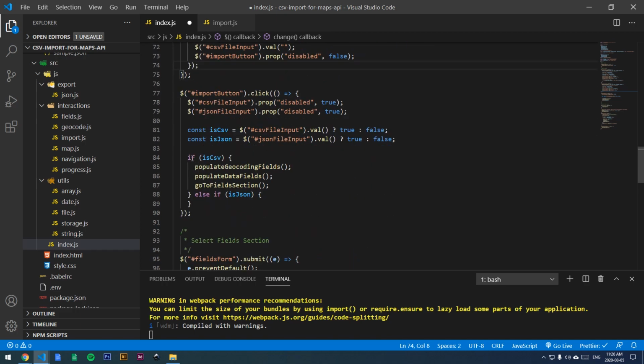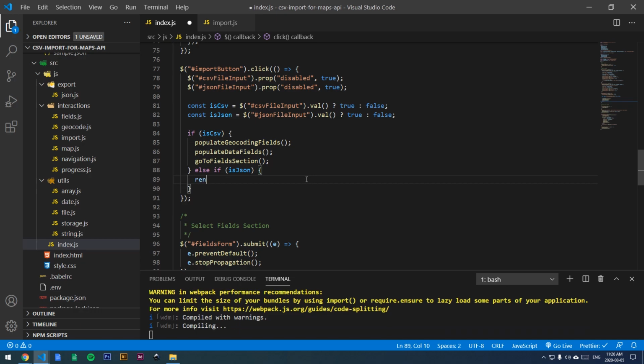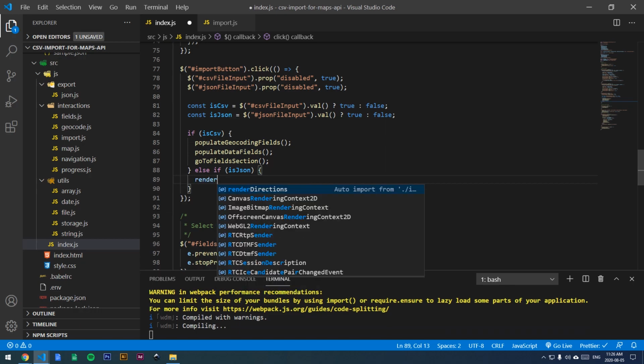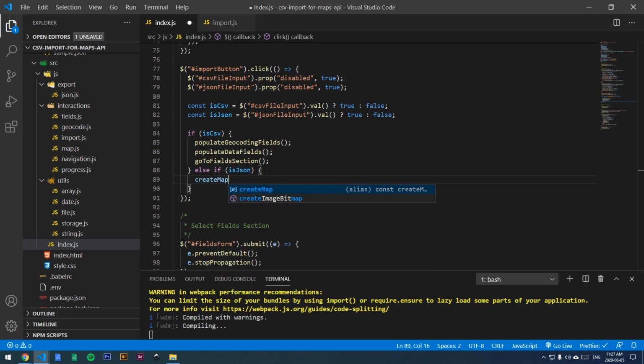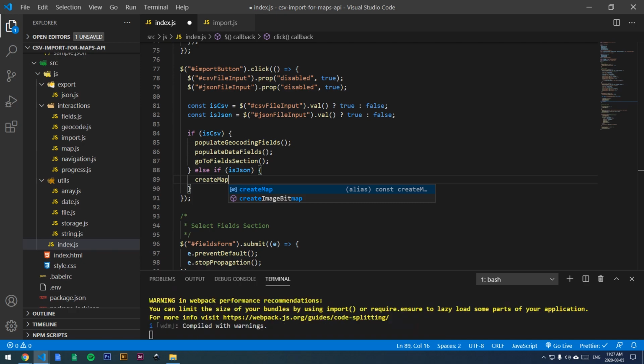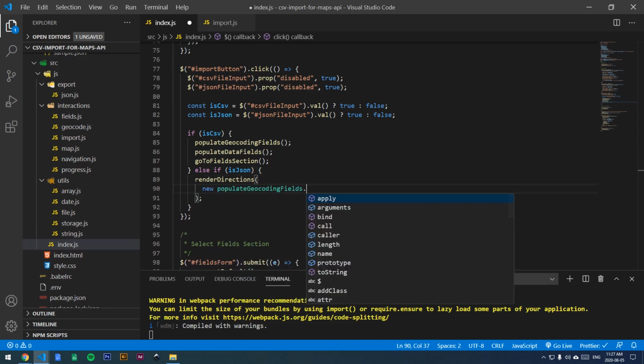We did this already for the CSV workflow, so now we have this condition here for if it's a JSON file. So in this case, the first thing we want to do is actually call our create map function. But instead of calling it on its own, we're going to call it within the render directions function. So remember, this function takes a directions renderer reference. So new